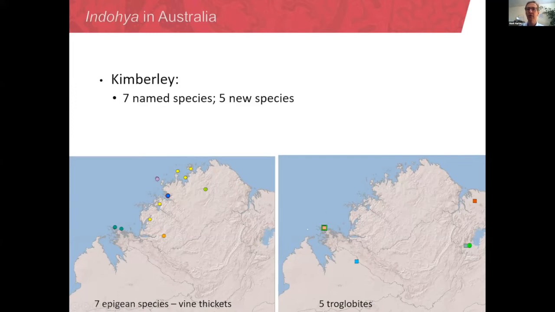At the moment, we've also got 5 different troglodytic species represented in our sampling from various places in the Kimberley. These include big cave systems to the northeast and to the south of the Kimberley. A lot of these we don't have sequence data for because the specimens date back to the 1980s and 1990s, and a lot of them are unsuitable for sequence data, or at least the Sanger methods that we've been using.